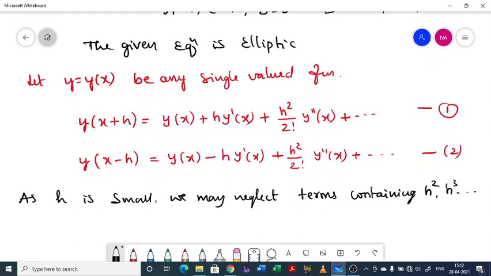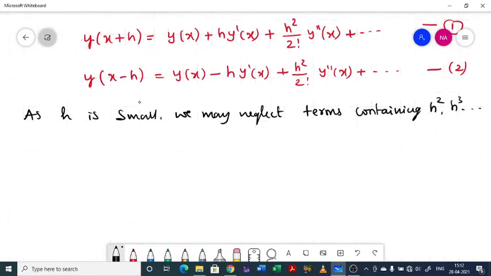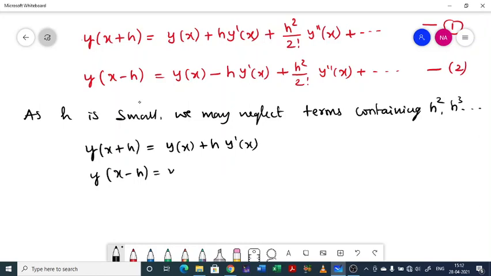Then it becomes y of x plus h equal to y of x plus h into y dash of x. Similarly, y of x minus h equal to y of x minus h into y dash of x. So finally, adding these two and simplifying the expression, we get